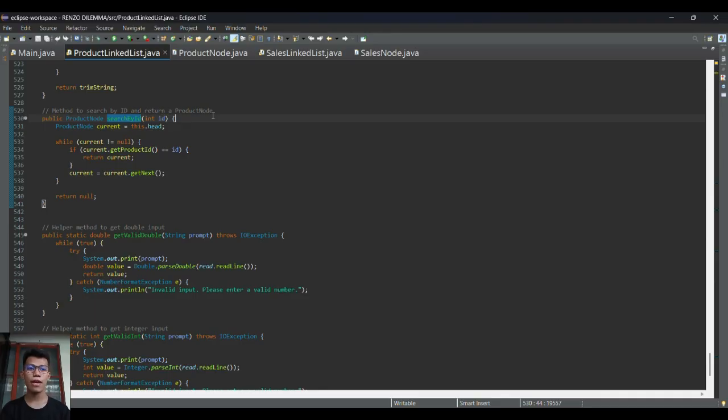The Search by ID method is used to find and return a product in the inventory that matches a specific product ID. First, the method starts by creating a variable called current, which is set to this.head. This means that the search will start from the first node in the linked list of products. Then, it enters a while loop that continues running as long as current is not null. In other words, the loop will keep checking each product node one by one until it reaches the end of the list. Inside the loop,